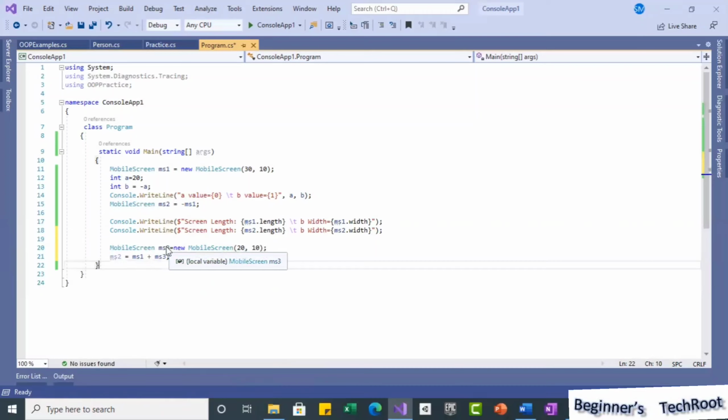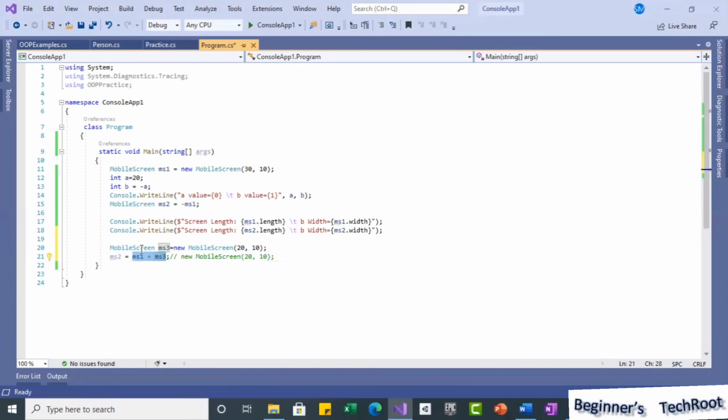See, one object variable defined, and then the object created is assigned to that variable. Same way as 10 plus 20, here ms1 plus ms3. So this way, for objects also, we can use the operators.